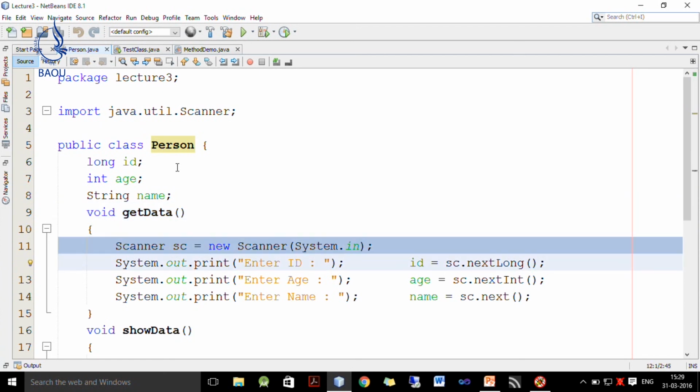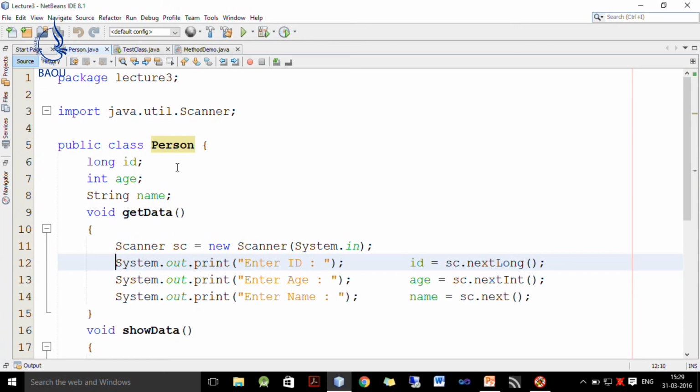Now, to actually read data from the system, I define one Scanner class object and its source is the keyboard. Then I ask the user to enter ID and it is read as next long, since the type of ID is long.